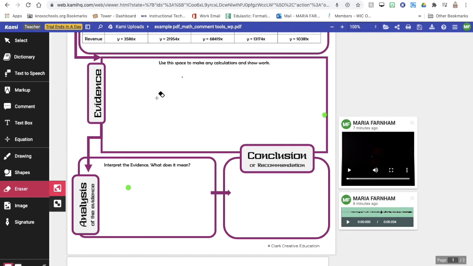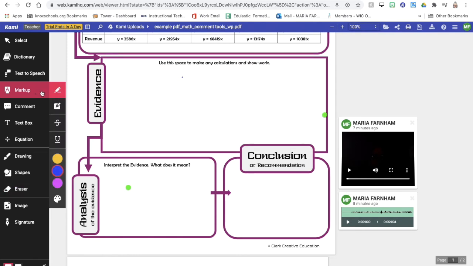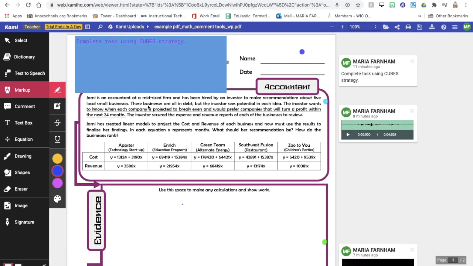Next, I want to show you the markup tools that Kami has to offer, and the great thing about these is that they are all free, so they all come with the free version. We have our text highlighter, box highlighter, strike through, and underline, and you can change all the colors on those and color code as you might see fit. So for the